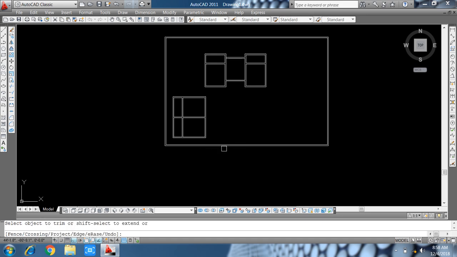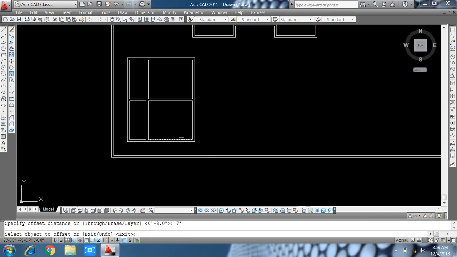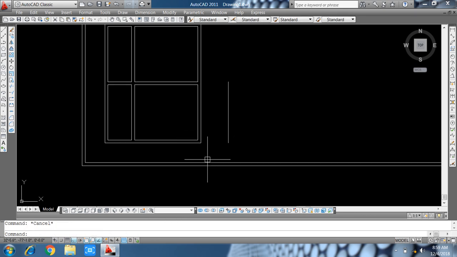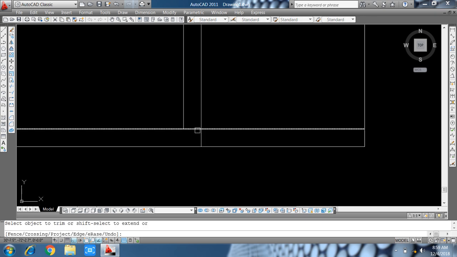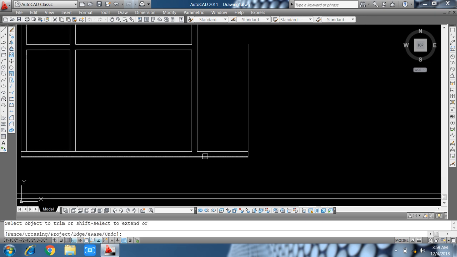We extend this line and offset it, and specify its offset 9 feet, offset 9 inch, and offset 9 inch.